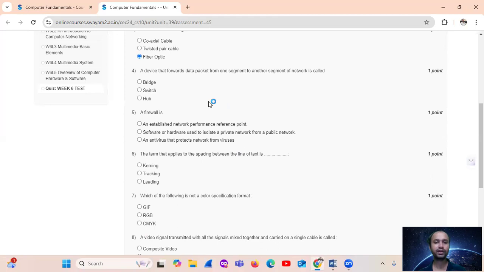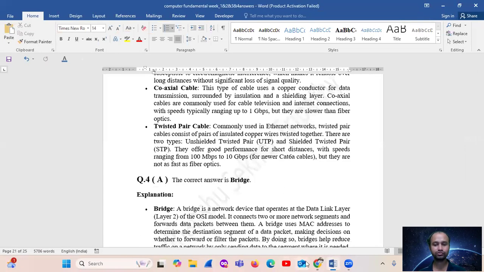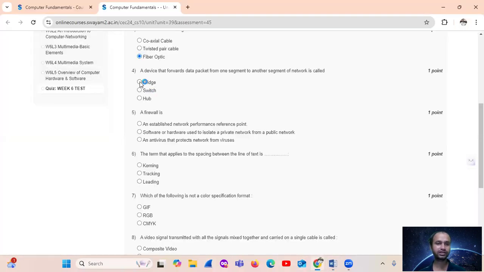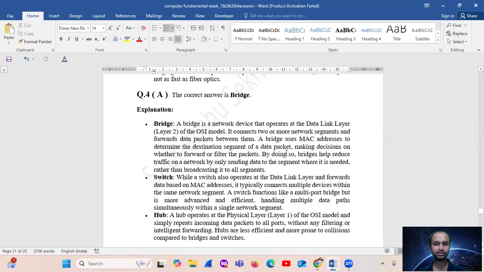Question 4. A device that forwards data packets from one segment to another segment of a network is called. So data packets one segment से other segment में जाएगा तो network में इसको क्या बोलते हैं? इसको ब्रिज बोलते हैं। ब्रिज, that is option number A. ये लेयर टू, डाटा लिंक लेयर में होता है। So ब्रिज तो बता दिया।